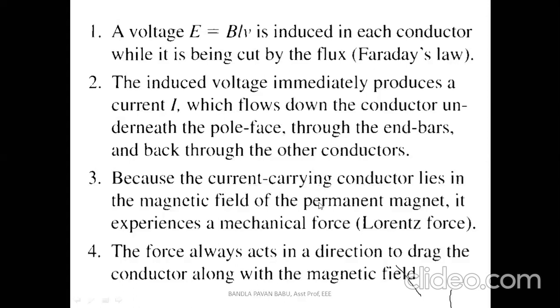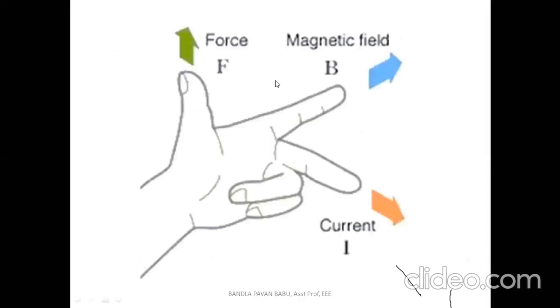So soon after it draws the current, the flux is developed because of N into I. Soon after the rotor is producing a flux, which is also a rotating magnetic field, a force is experienced on the conductor and it tries to follow the stator magnetic field. If you want to know the directions, you can see here as per the Lorentz force, where the thumb indicates the force, the forefinger gives the magnetic field, and the middle finger gives the direction of the current. From this we can find out the current direction and how it rotates. So what is the force developed in the conductor?